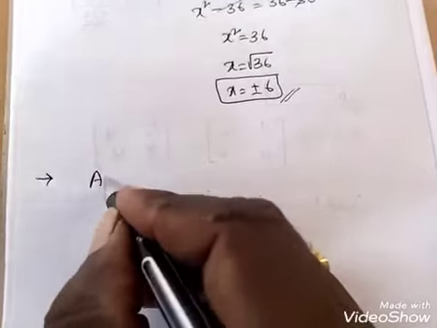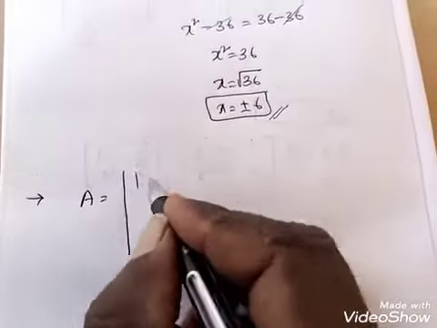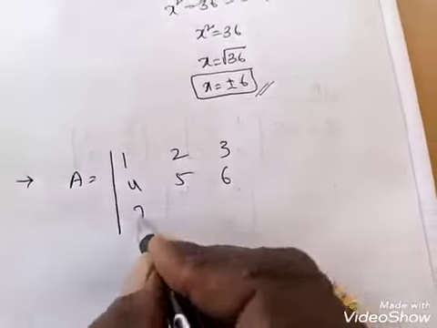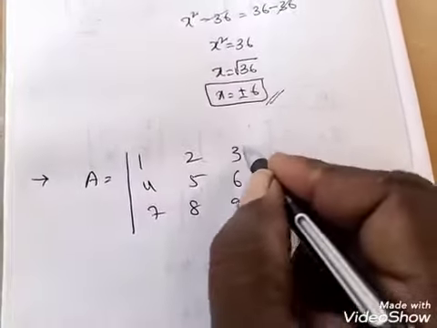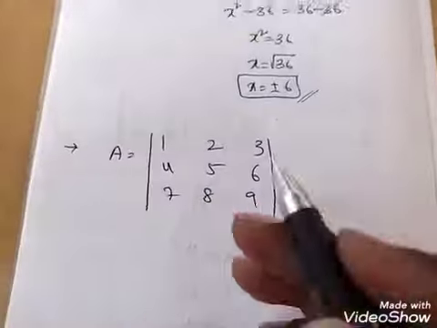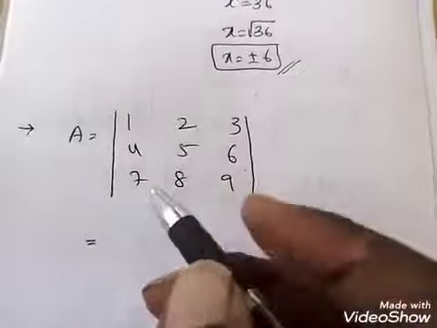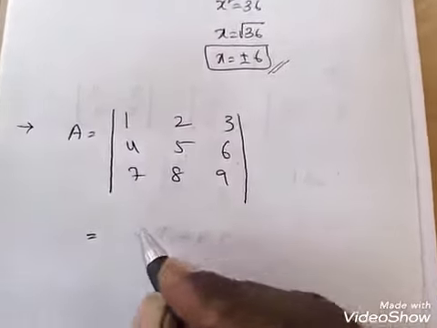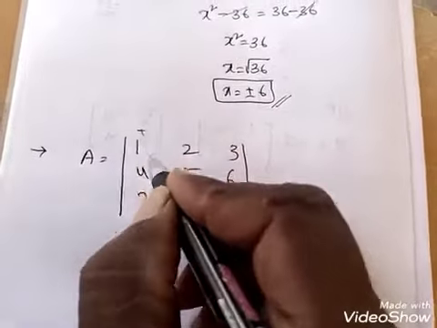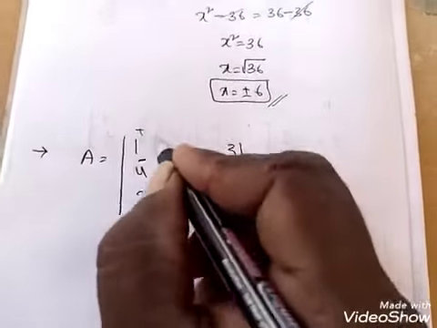And observe one more example. I am writing here A is equal to det of [[1, 2, 3],[4, 5, 6],[7, 8, 9]]. This is the determinant. Observe that I still calculate with respect to row 1 only, but I am taking column 1 here for some change. Now what can you write? This one is plus, this one is minus, and this one is plus.